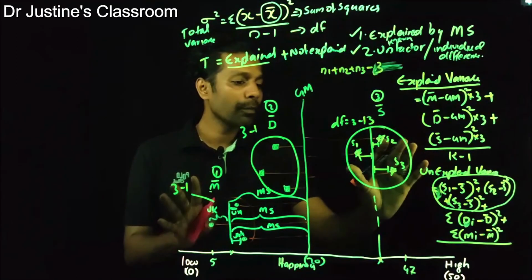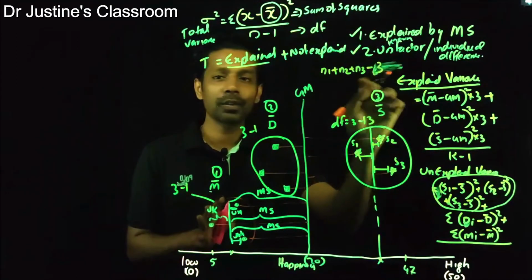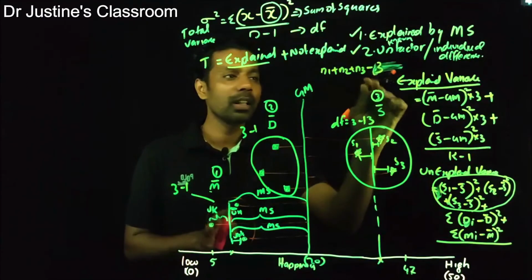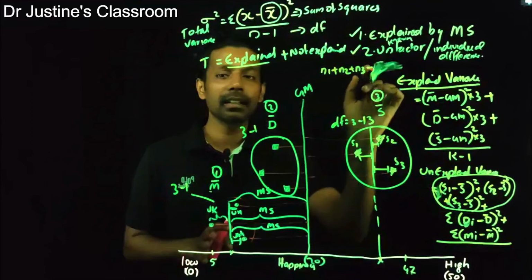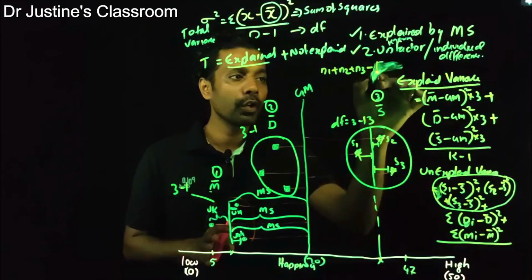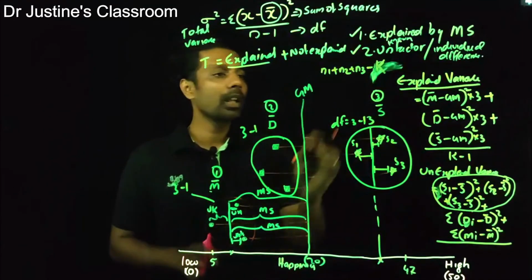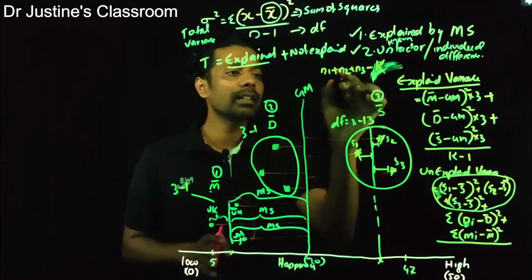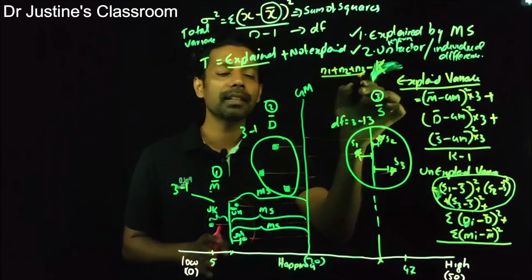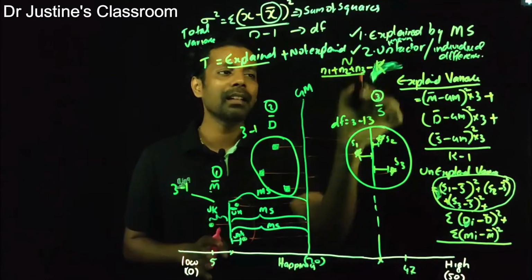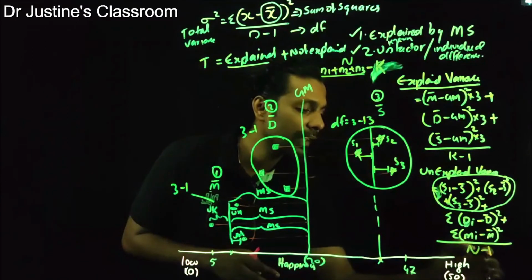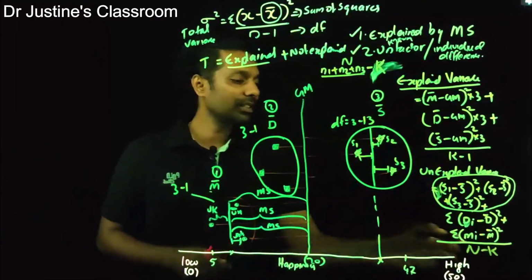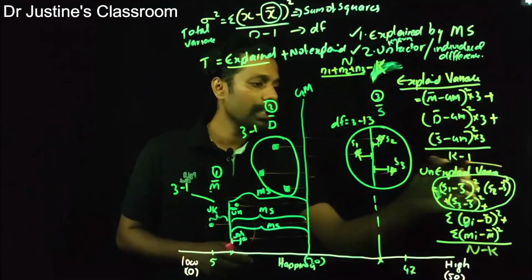What if you have 4 groups? You will have four 1s there, so that will be 4. That means this is always the number of groups. The score will be the number of groups. And what is n1 plus n2 plus n3? This is the total sample size, that is 9. So I'll write it like n minus k. The degree of freedom here will be n minus k. So this is the degree of freedom.